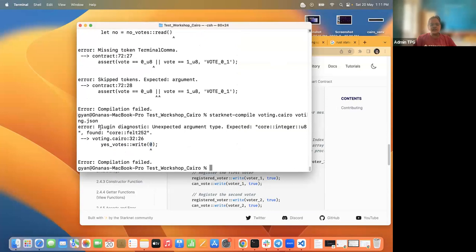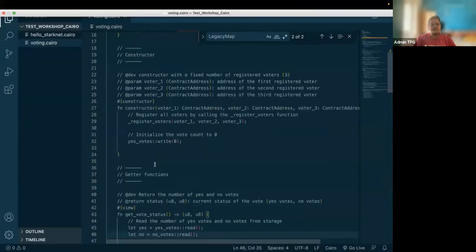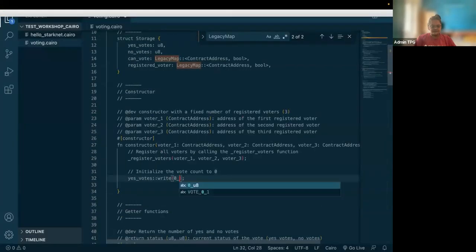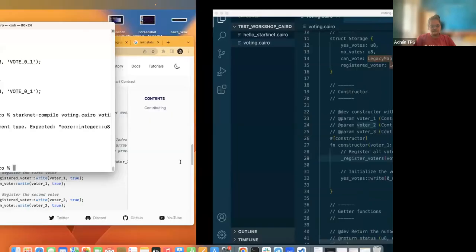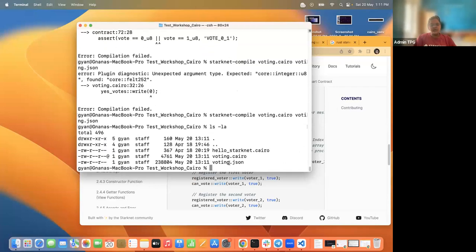So here it threw me an error that it expected U8, but I actually wrote felt 252. So I did not typecast this. So that was wrong. Okay. So now it has compiled, and you can see that there is a new file called voting.json that has